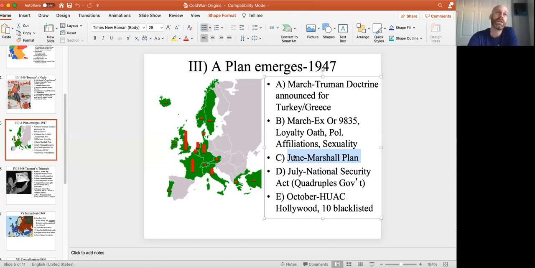And so Marshall said, this is really frightening, not only from a humanitarian standpoint, but from a geopolitical standpoint, meaning it's bad that people are suffering. And when they're suffering, they're going to go join communist organizations. It was very frightening that in Italy, the second strongest party there, marching in the streets with full hammer and sickles, was the Communist Party. In Belgium, in Holland, second largest party, the Communist Party. In France, the second largest party was the Communist Party.